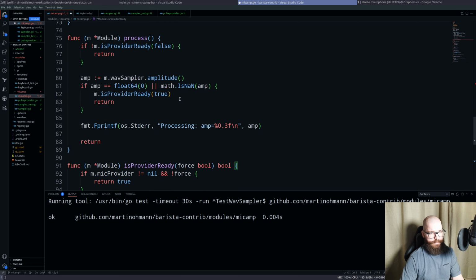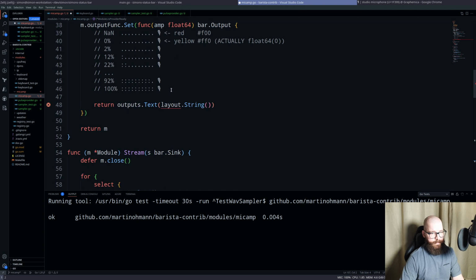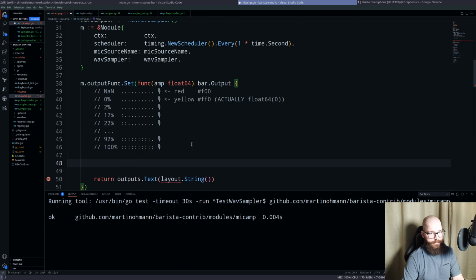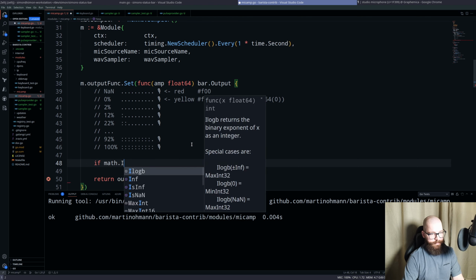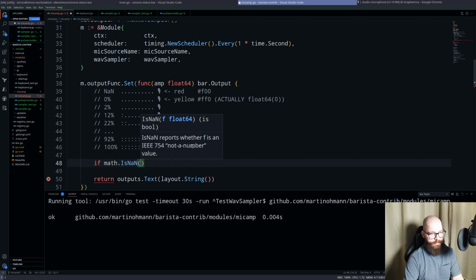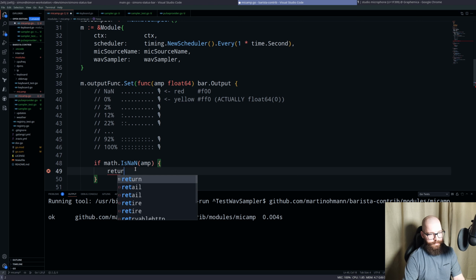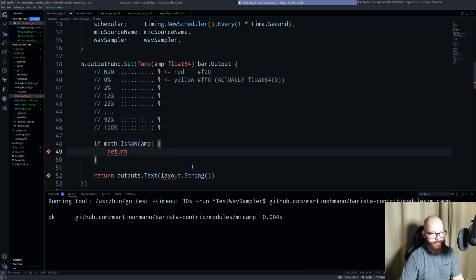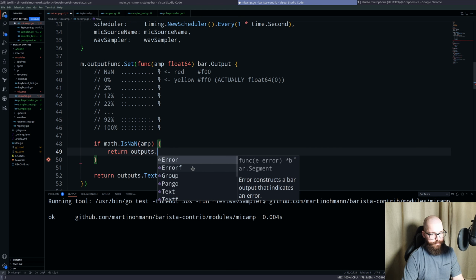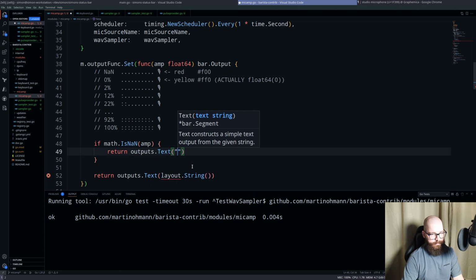Let's not create a separate. If amp math point is none, then we should just do return outputs dot text, something like that, and